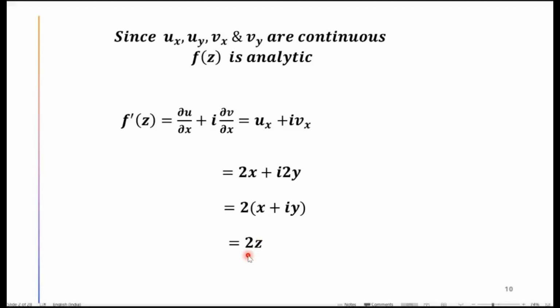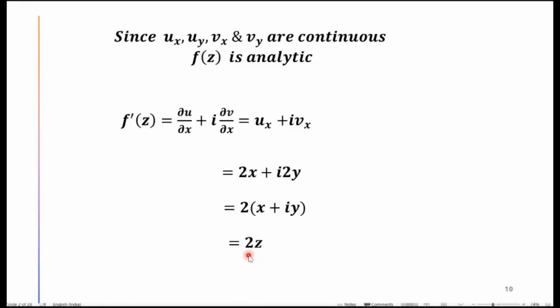What was the function given? The function was given z square. तो z square का derivative normally x square का derivative 2x होता है. तो यहां पर भी z square का derivative is 2z if the function is analytic. अगर function analytic है तो हम लोग normal differentiation कर सकते हैं. You can sometimes, you may have to show by this method, but the answer तुम्हारा उसका derivative का part ही आना चाहिए अगर function analytic है कि है या नहीं. ठीक है,